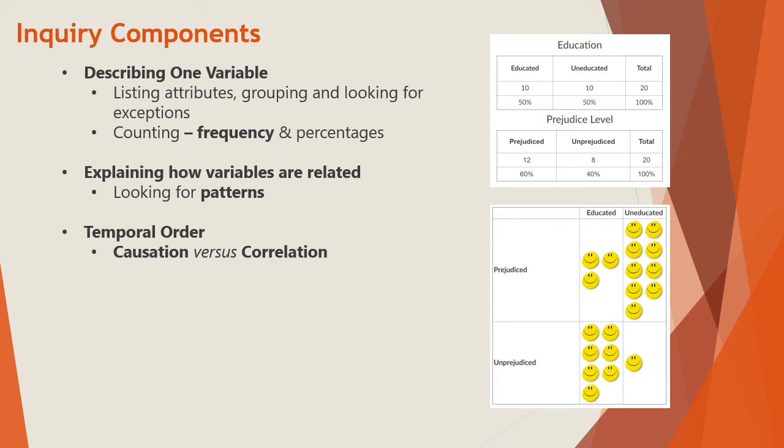The temporal order is, what comes first. Temp means time, so temporal order is kind of about putting things in order, etc. And causation versus correlation. This is a huge thing in research that when we see two things happening together or often together, we might think that one thing is causing the other. And this is really hard to prove.